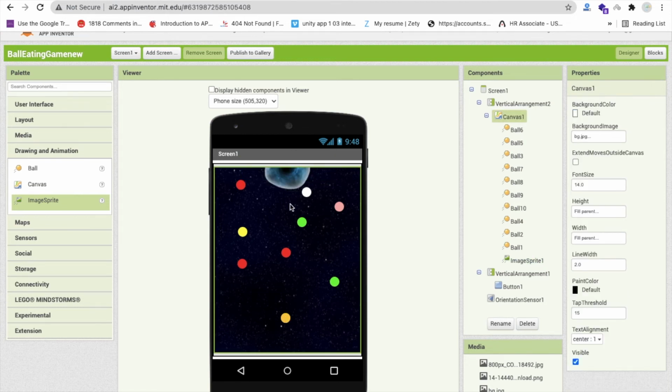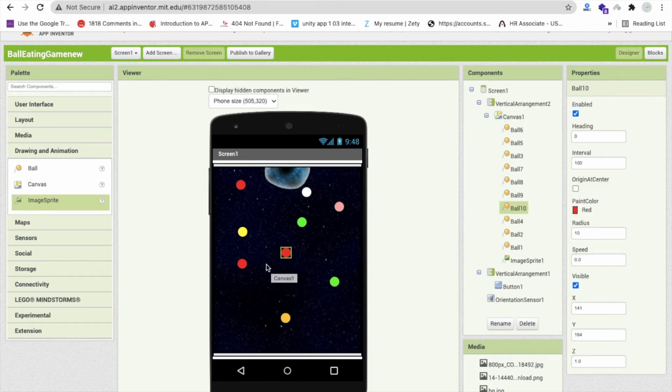To move into another level of our game, you can design this game as a multi-level game. Whenever someone completes that level, you can make another level, just copy paste all the things and make it more difficult. Like you can add multiple red balls here, or you can do a lot more things to make the next level more difficult. So that's our overall design.